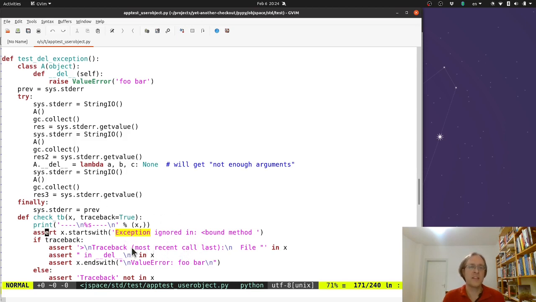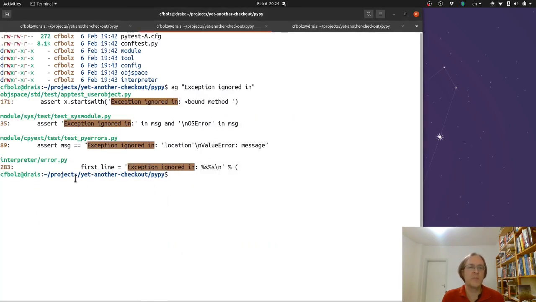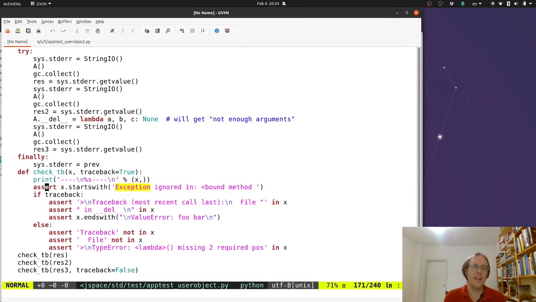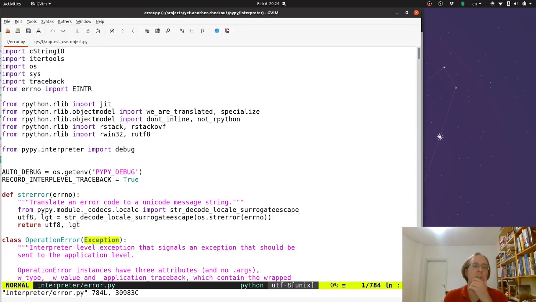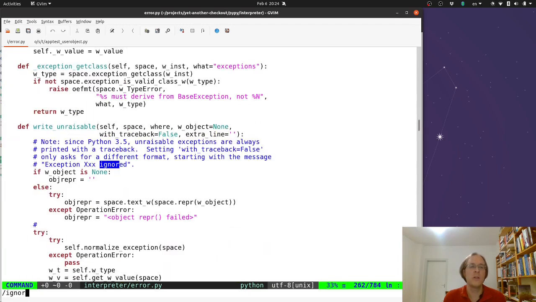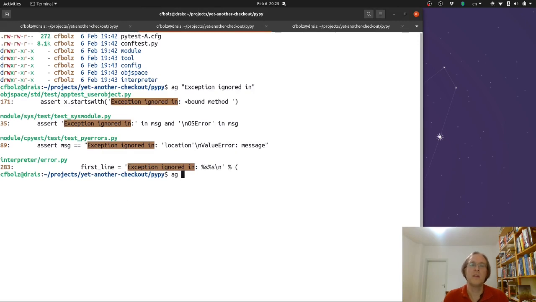So that's the test that checks the feature, and then the other hit we got when grepping is probably the implementation of the feature, and it's interpreter error, which sounds like a reasonable file name for that kind of feature. Oops, interpreter error, right? So let's look for ignored, right? And there's a function that has a promising sounding name, write unraisable. And now we can grep for where this write unraisable method is called. I'm also going to tell you the class that this method is on. Right. So